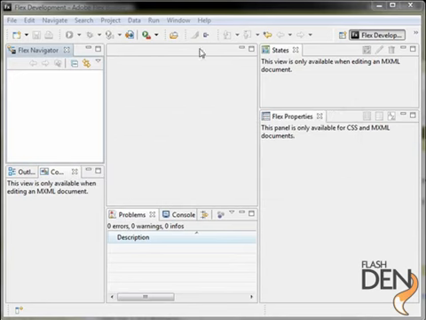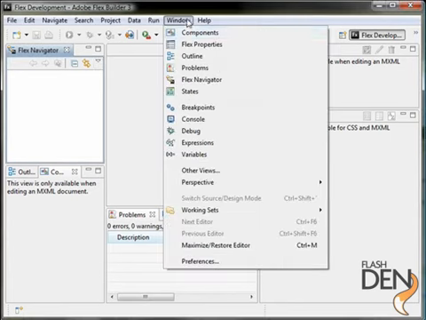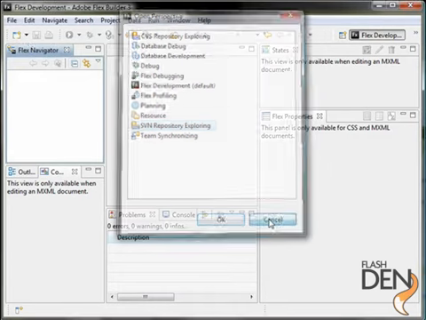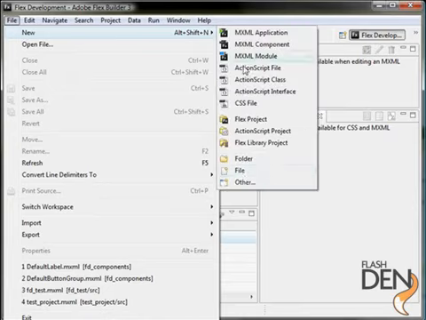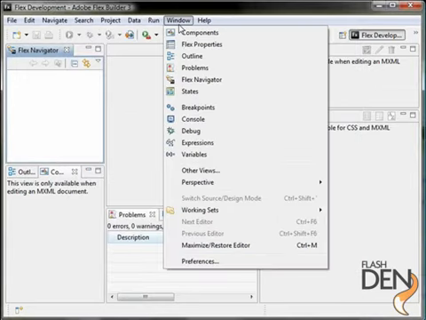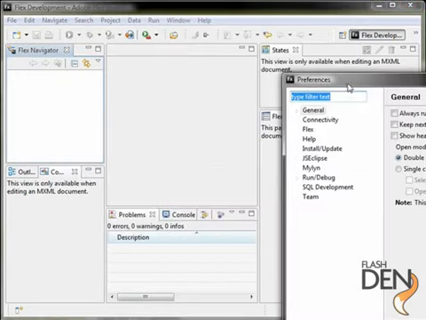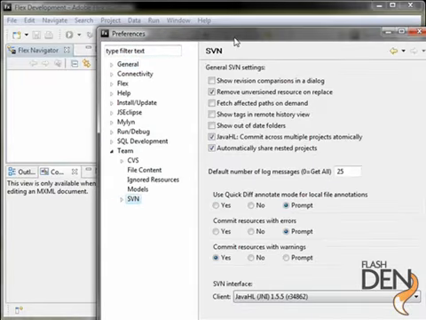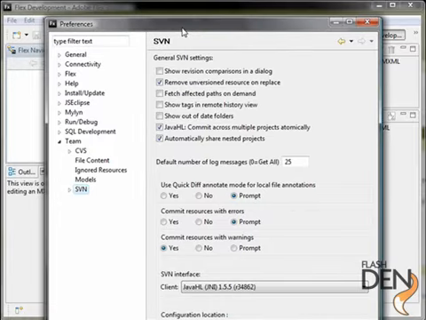Okay, so after restarting Flex, just to check that it's successfully installed, you can go to the perspectives and take a look at the other perspectives, and you'll notice that you now have an SVN repository exploring perspective. You can also notice that there is a SVN checkout projects from SVN wizard. Additionally, in the preferences, under the team section, there's now an SVN configuration element. So all of this points to, okay, yes, we now have the Subversion